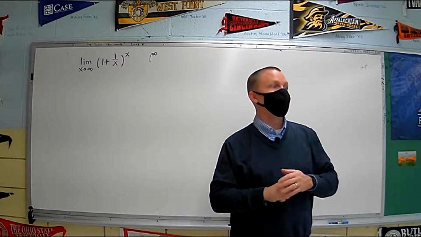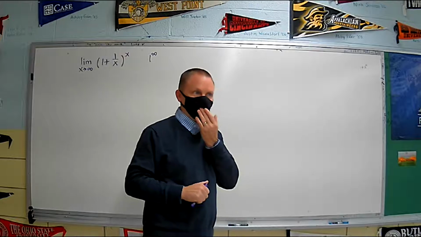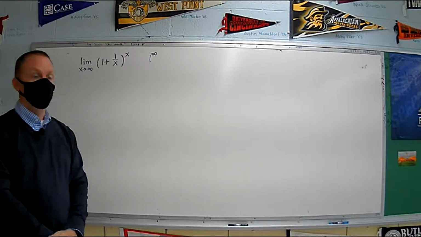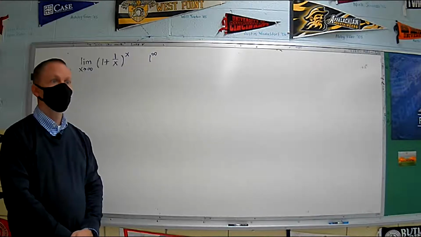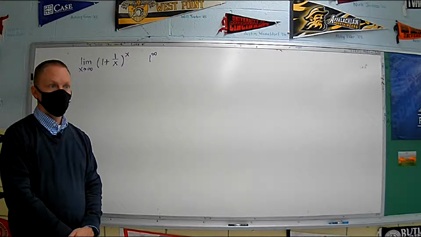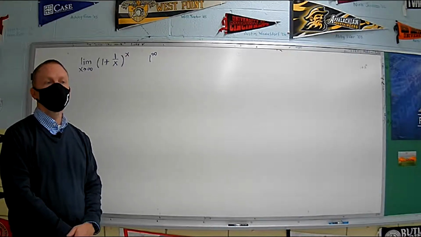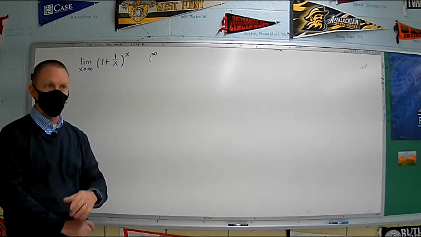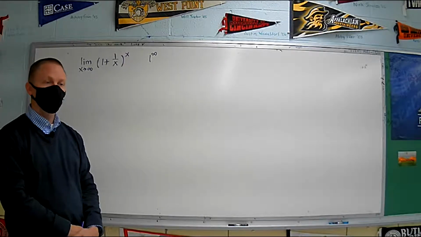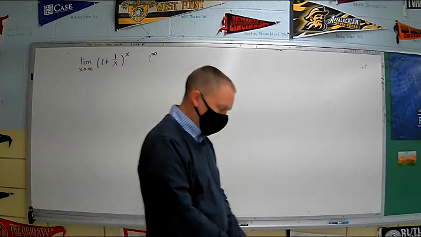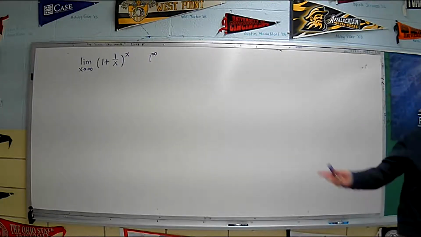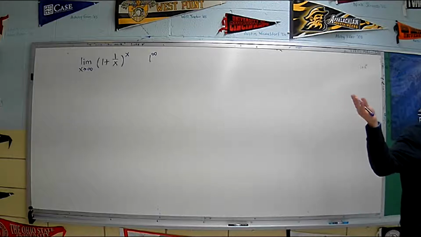Is it because for the 1 over x, it's not actually getting to 0? It's approaching 0, but it's not actually getting to 0. Well, yeah. I don't think you necessarily need to worry about whether it gets there or not. Just think of the fact that it's approaching. In this case, we're not really concerned whether it gets there or not. We're still just doing a limit here. What's it approaching?